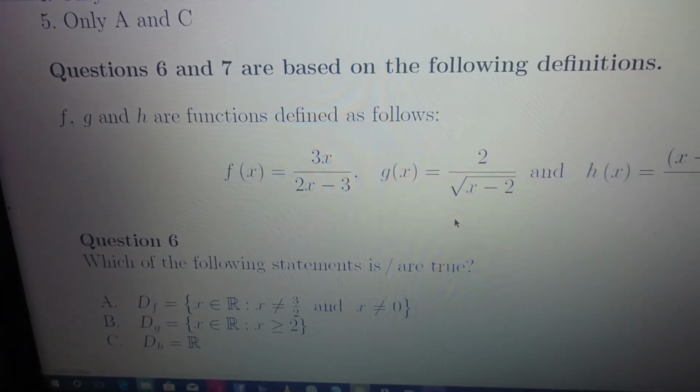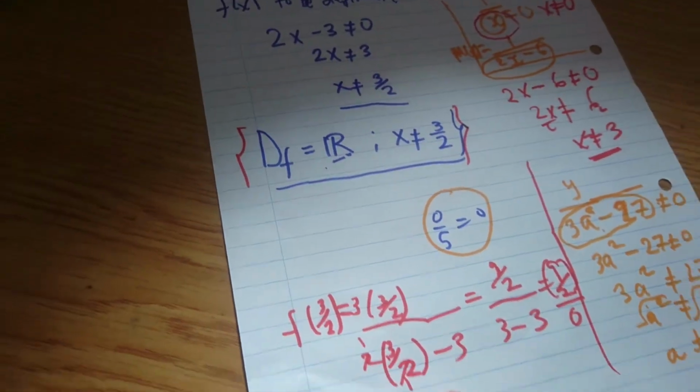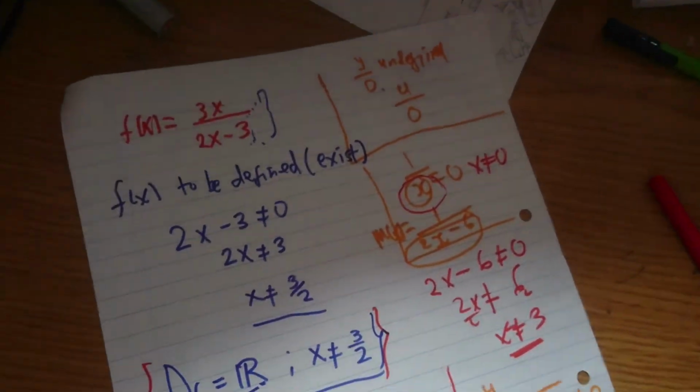Now we go for B, the domain of g. So I'm going to explain similar things to how I did here, and there we go. Now you come to the situation whereby you have,